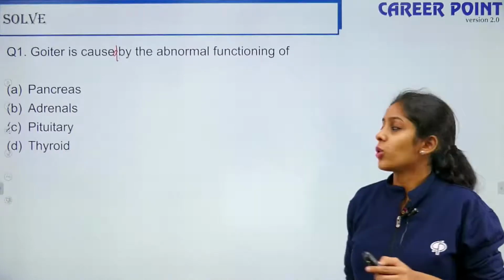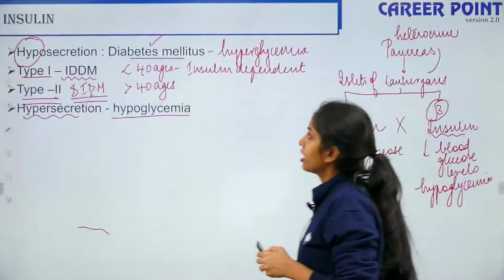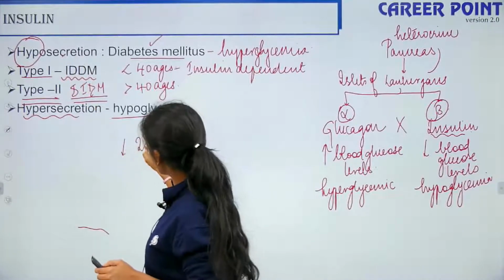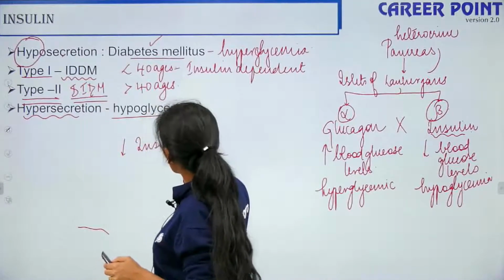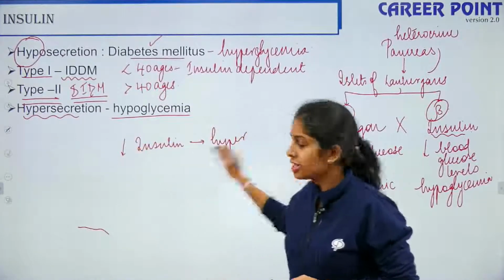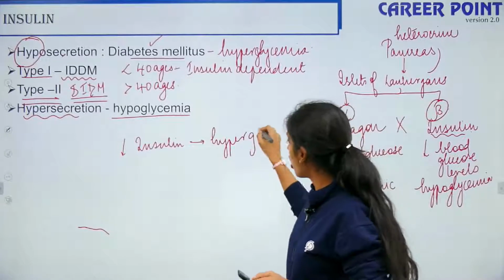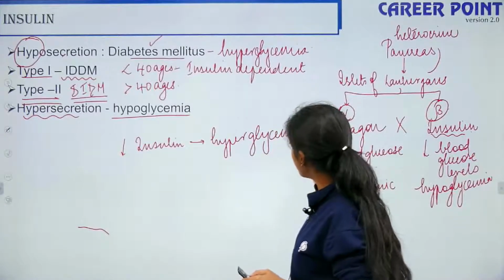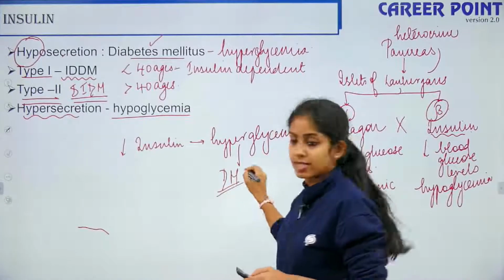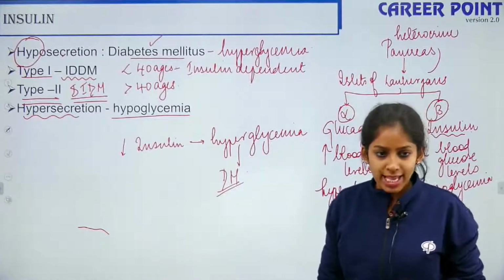Okay, so in terms of this, I understood. So when you have less secretion of insulin, your blood glucose level is not reduced. So less secretion of insulin means high concentration of glucagon. So it is hyperglycemia. So hyperglycemia leads to diabetes mellitus. Okay, Antonia B? So moving forward to question 1.